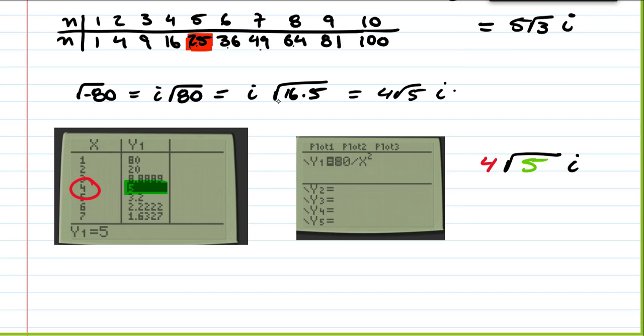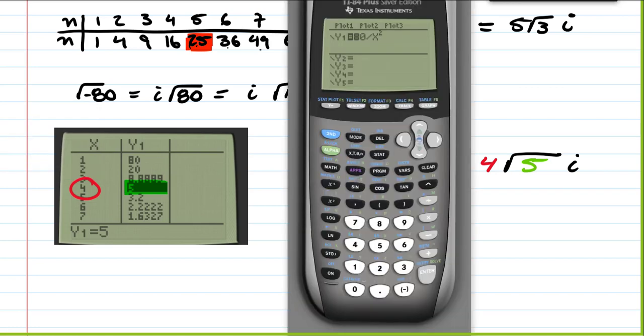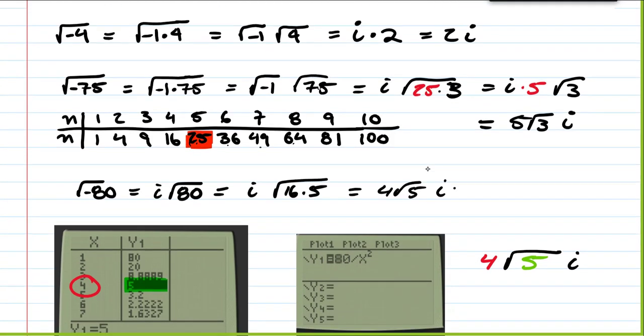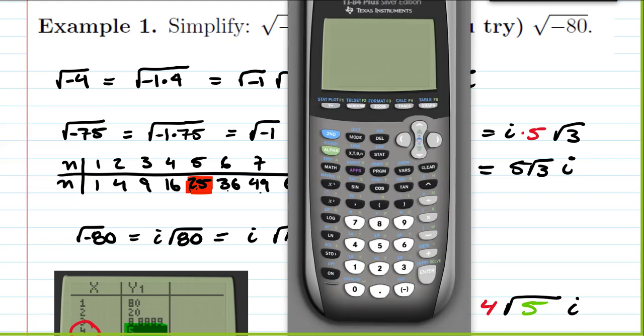All right, so a couple more calculator things I do need to mention at this point. If we go back to our home screen, and look back at example 1, if I go the square root of negative 4, we're going to see my calculator tells me non-real answer. And you're like, well, thanks, Professor Peterson. We already knew that because we talked about it. Well, what you may not know